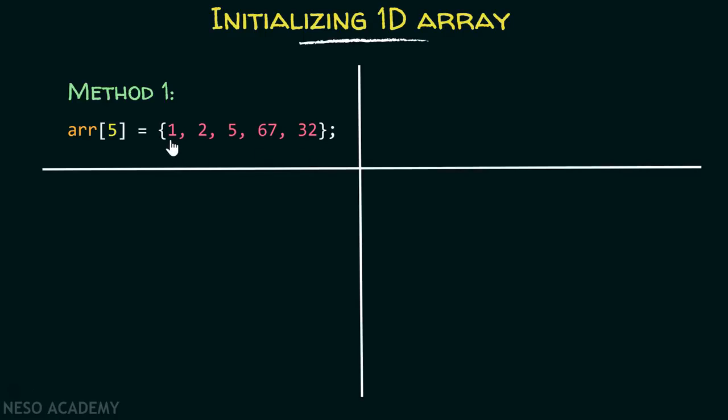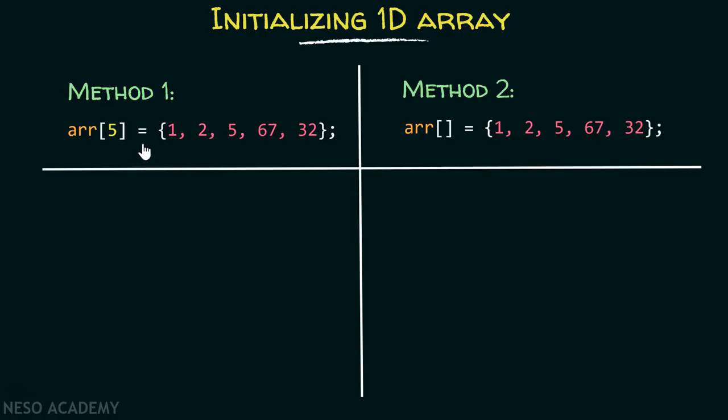Obviously, this element will go in index 0. This element will go in index 1. This element will go in index 2 and so on. Now let me give you method number 2. This method is considered to be better in comparison with this method. What is the reason behind that? Here, there is no need to specify the length. Both are exactly the same, but you can also write this without specifying the length. There is one advantage of not specifying the length. You can add as many elements as you want. It is much better in comparison to this.